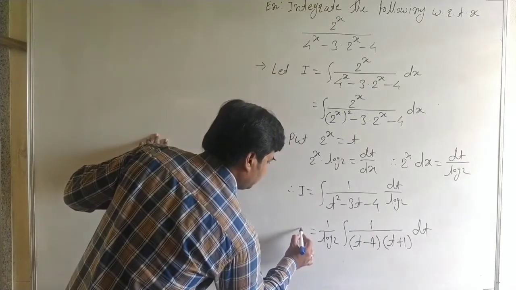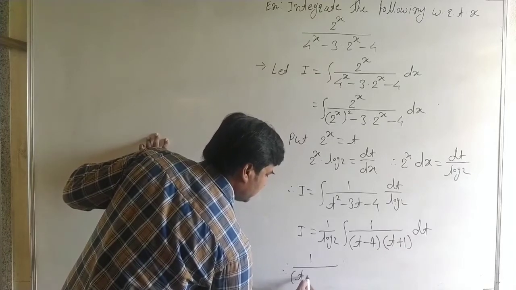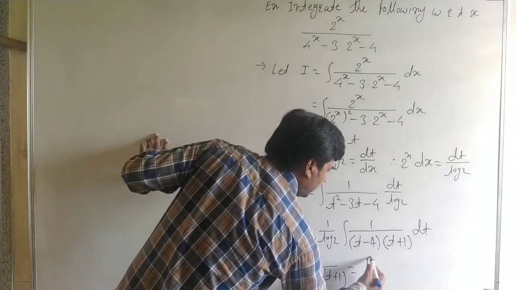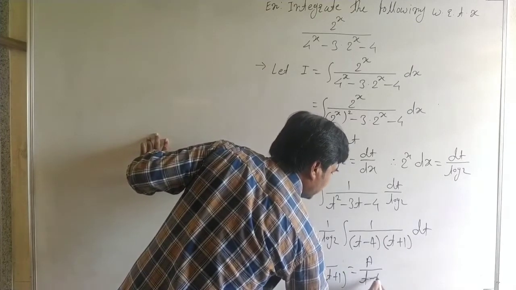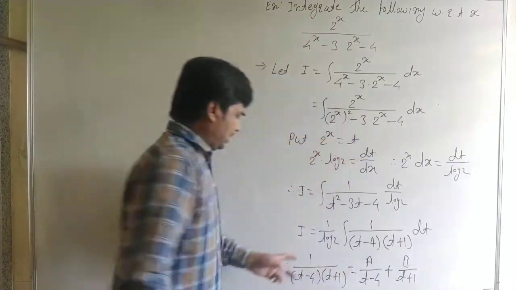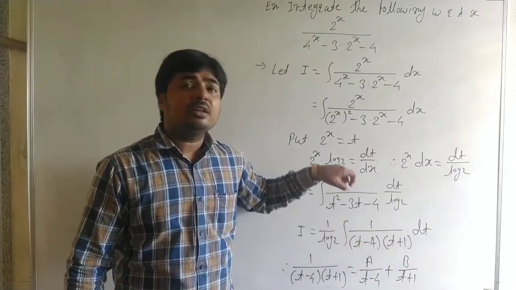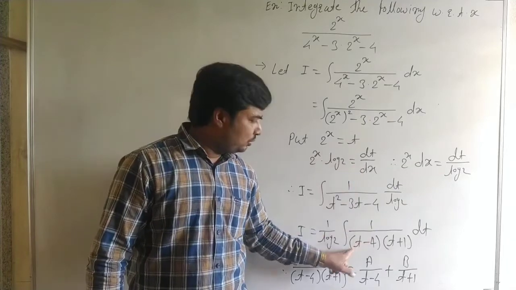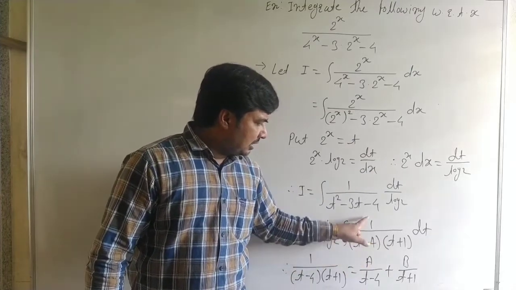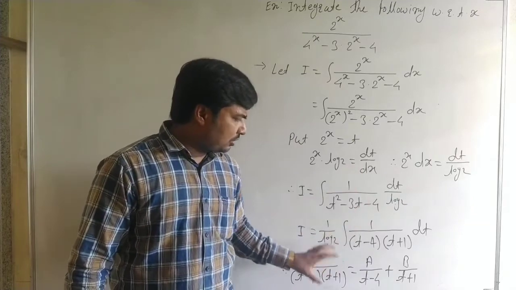Now this can be written as the factors 1 upon t minus 4 and t plus 1. Therefore we can write a upon t minus 4 plus b upon t plus 1. Here the rational function is reduced into the partial form. This example can also be solved by directly adjusting the two linear factors in the numerator, as in our lecture number 9. Here it is a constant, so these two linear factors we adjust in the numerator.